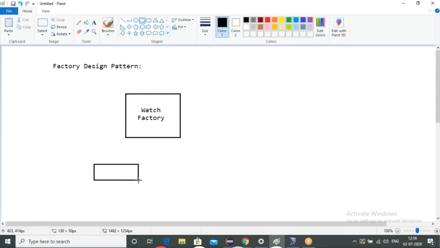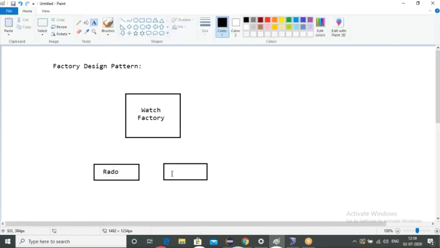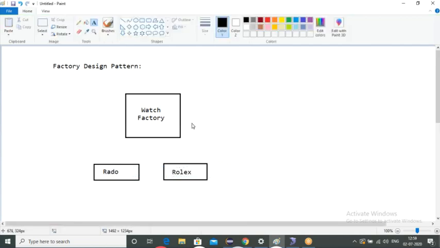Now I'll be taking two watch brands. One is Rado, and another one is Rolex.